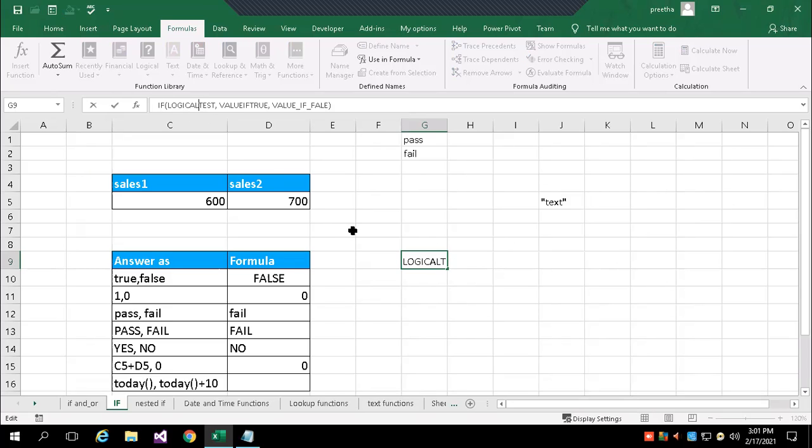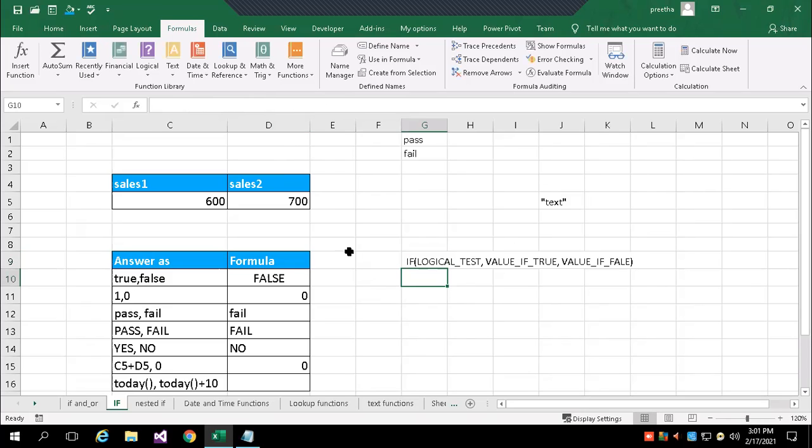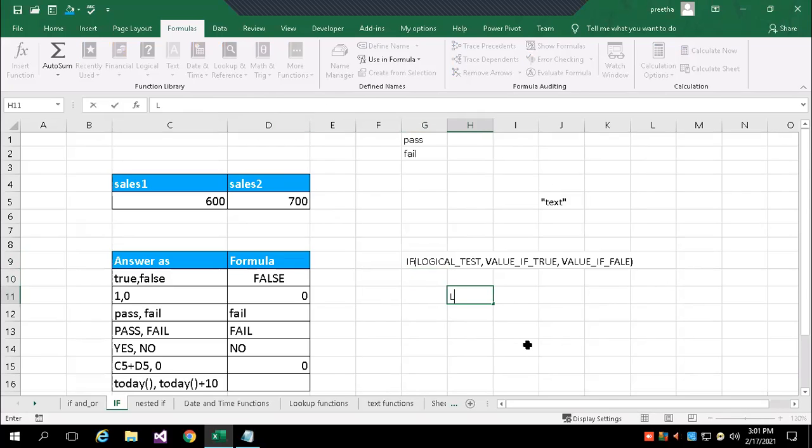So first what we write is logical test. Second is value if true. And the third is value if false. So logical test, value if true, value if false.